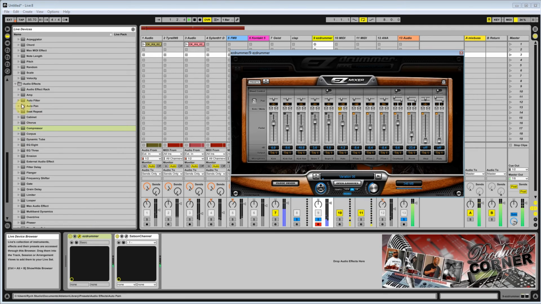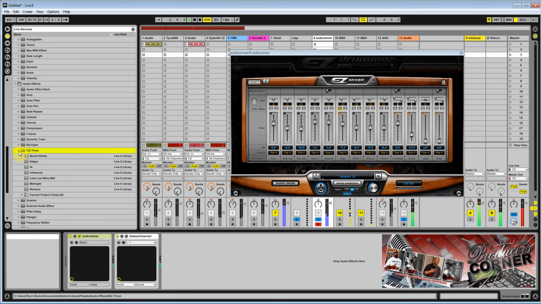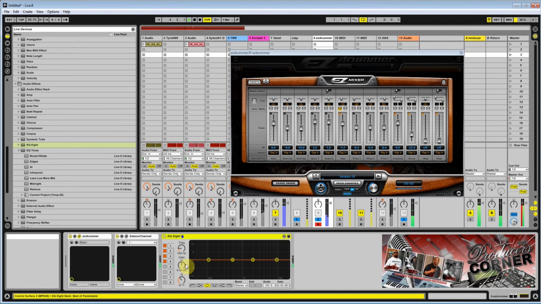Okay, now we're gonna jump into the EQ. All right, now I ain't gonna use no special EQ. I'm just gonna use the EQ out of Ableton Live. Now this is where you can go in and make that hi-hat sound like a modern hi-hat. All right, let's get in. So the first thing you probably want to do,